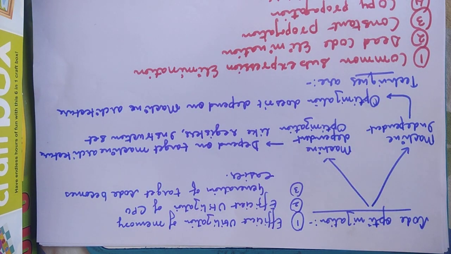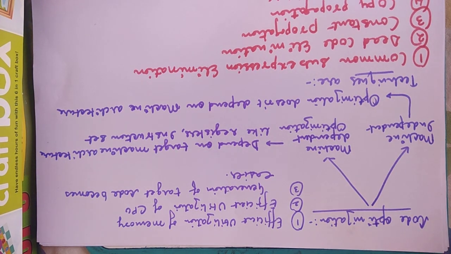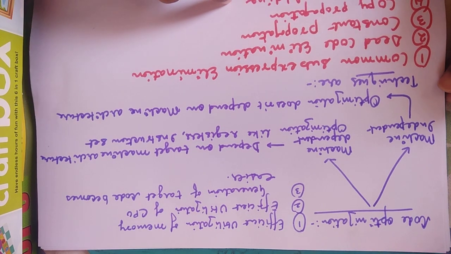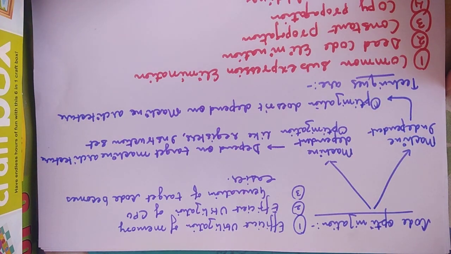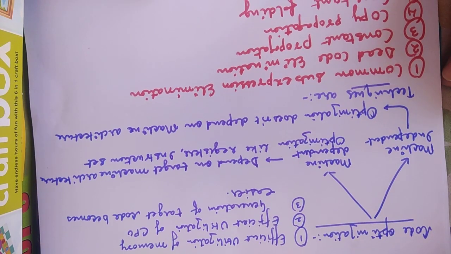As we know, a programmer can also perform optimization techniques, but when we talk about the compiler, the compiler must be intelligent enough to do its own code optimization task.